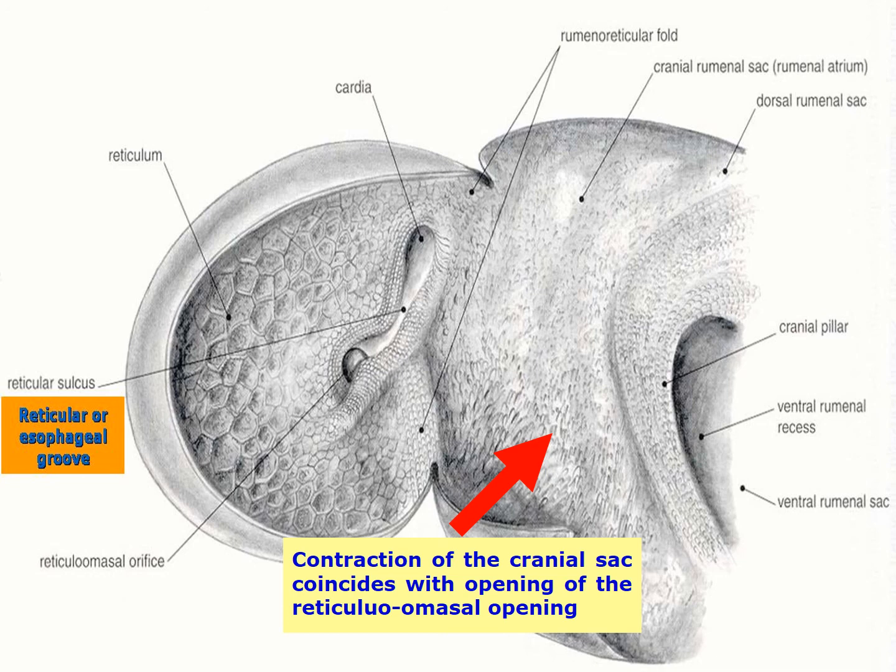So in the newborn, you have to know that the milk bypasses the rumen through the action of this opening,